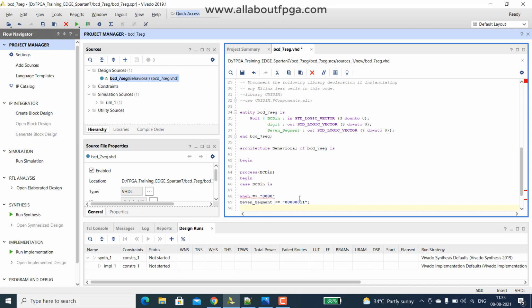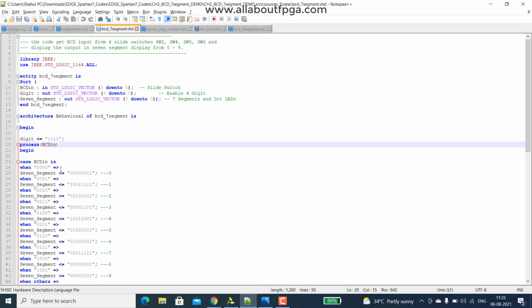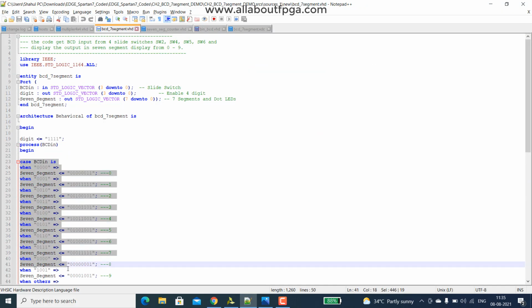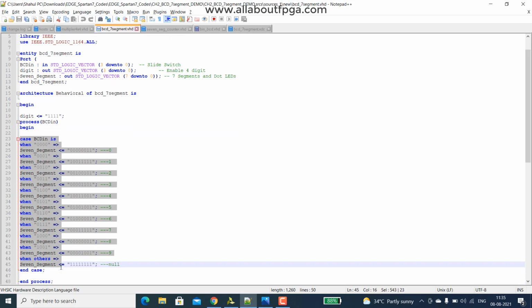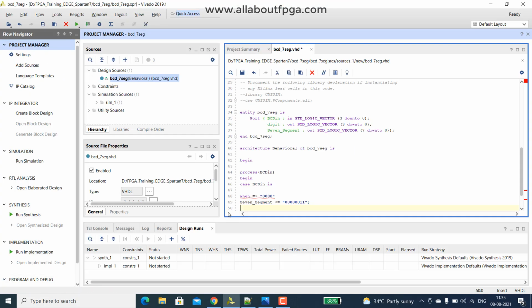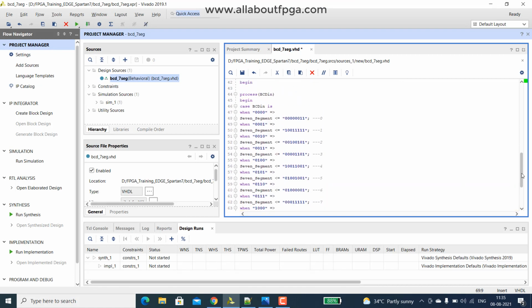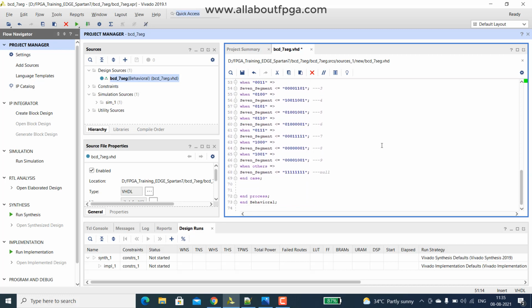Similarly, we have a set of statements for 1, 2. I simply copy paste those segment details. You can see that for displaying 1, segments B and C are activated. The remaining ones are all sent 1, which means each segment is off except B and C. So up to 9 we have that condition.